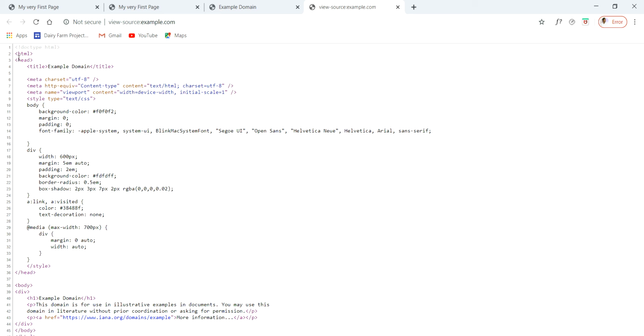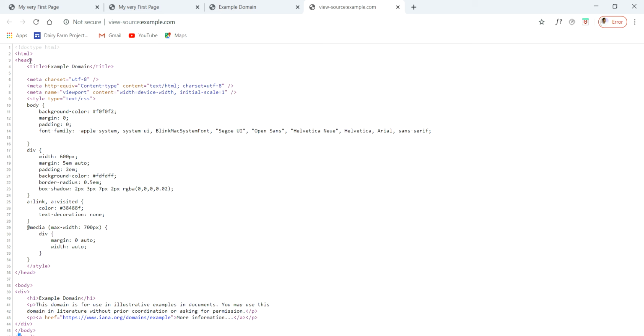At the top we see that HTML tag. This is the starting tag for writing any kind of HTML page. And if we go to the end of the page, we will also see HTML written over here, at this point. But the difference is that this HTML has the slash sign over here. So this is what is called the closing tag. So when we have an HTML starting tag, this is called the closing tag, and whatever is written between this HTML and this HTML is called the page.